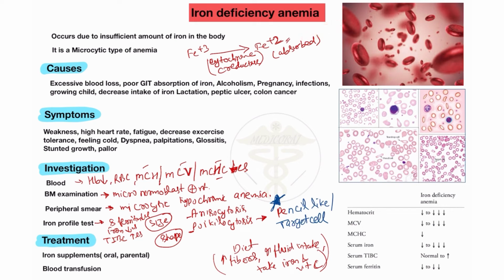You will see here the pencil cell, teardrop like or target like appearance. So this is the histopathology of iron deficiency anemia. Here you will see the pencil like cell, teardrop like and target cell. So always learn that pencil like cells are present in iron deficiency anemia. Here you will see the microcytic type, because I already discussed this is microcytic anemia. So this is smaller in size compared to the normal RBC, and this is the histopathology. Please learn this, and this is the investigation of the patient of iron deficiency anemia.